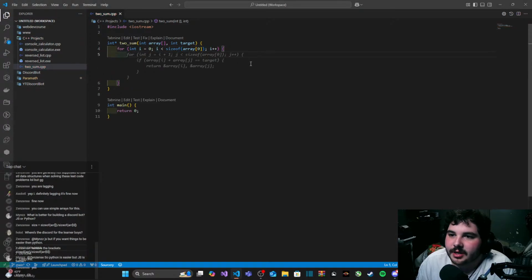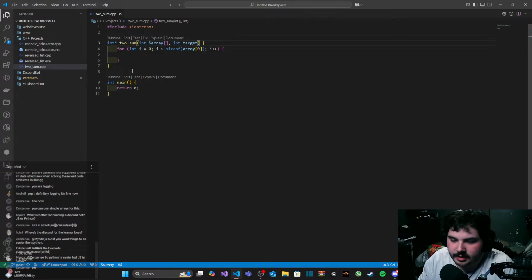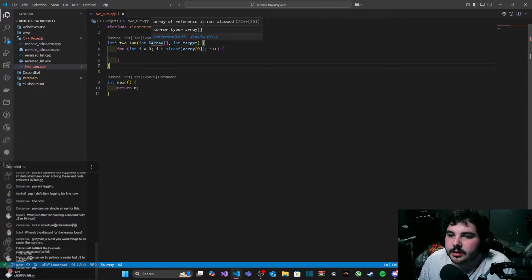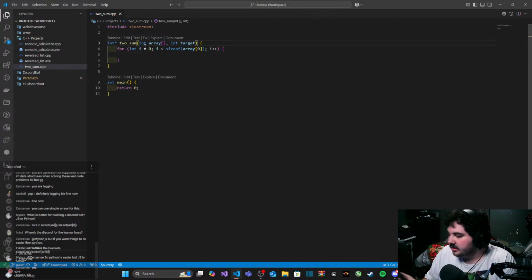All right. What the heck is this? Oh, wait a minute. Need to put in the... Do I not have to do the memory address to this? Or is that only for vectors? It's probably only for vectors.